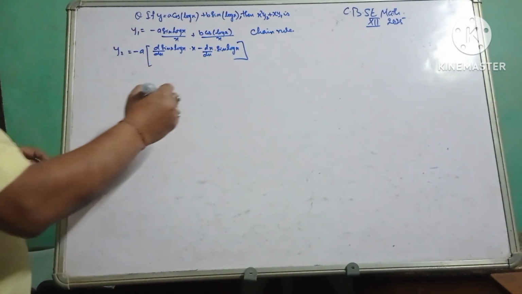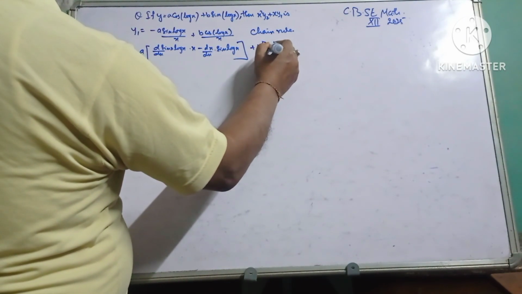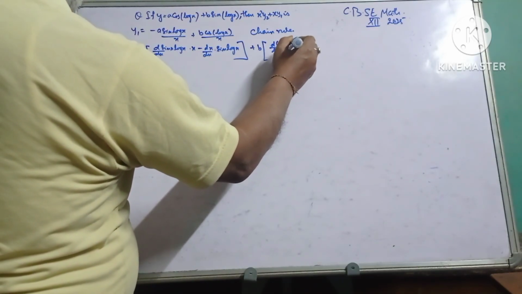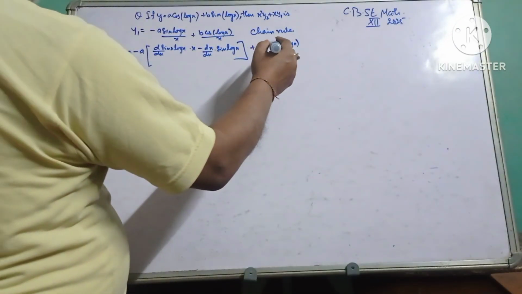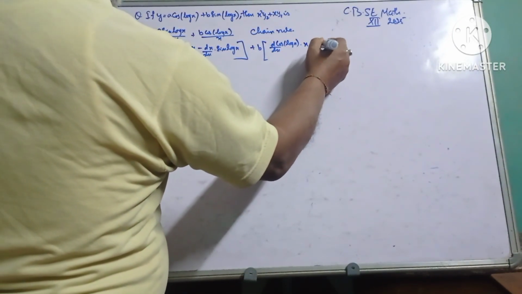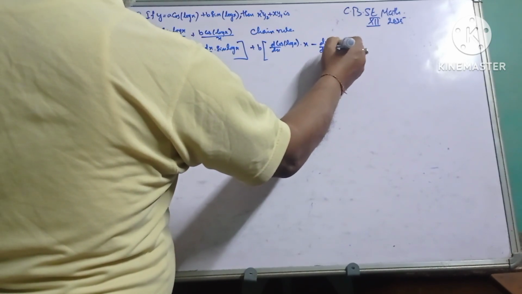And again here this will be b, differentiation of the numerator cos(log x), differentiation of the numerator into denominator minus differentiation of the denominator into numerator